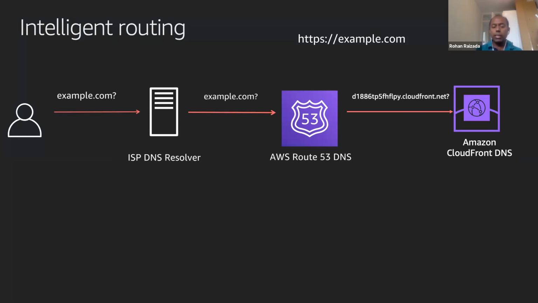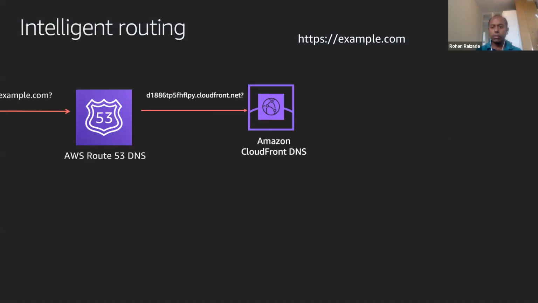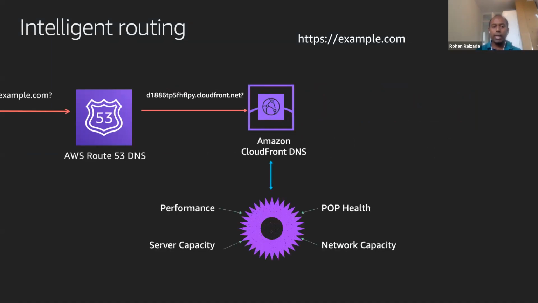And when we do this, we are actually looking at a number of variables. So for example, we are looking at performance. What we are doing here is looking at the round trip time of the TCP handshake from all of these end viewer networks around the world to our different edge locations. And we take around 1 billion of these samples every day. So we understand at any point of time what the connectivity looks like. And we can understand network congestion and decide accordingly which is the best edge location to serve